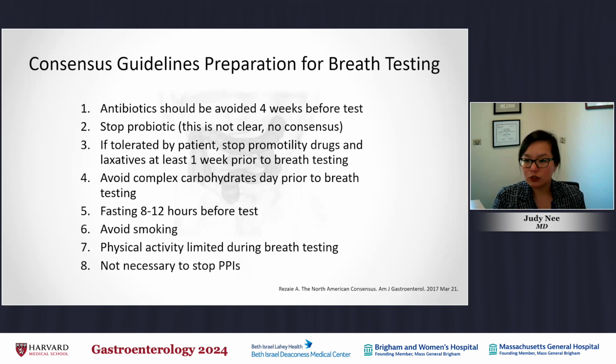The most common questions I get about preparation are: I can't stop my laxatives for constipation, I have to use them, can you still do the test? And also, should I just stop the PPI to make sure it's not affecting things? Generally, I go by the consensus, which is that if possible, stop the pro-motility agent. But as we'll discuss later, an increase in motility may cause some false positives. And I generally do not stop PPIs.